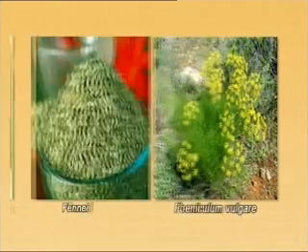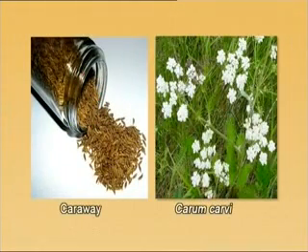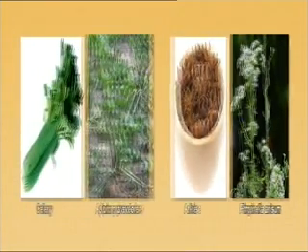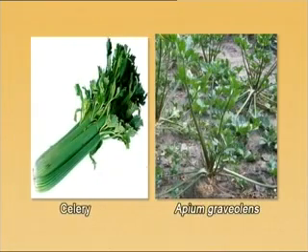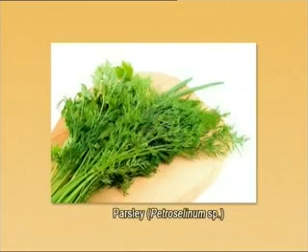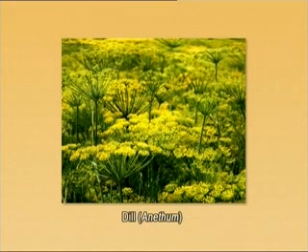I will mention the common names and their scientific names. These spicy plants are like fennel, Foeniculum vulgare, coriander, Coriandrum sativum, caraway, Carum carvi, anise, Pimpinella anisum, celery, Apium graveolens, even our own Kala Zira by the name of Bunium persicum, parsley, Petroselinum, cumin, Cuminum, or the dill, Anethum. These are the various common spices that belong to the family Apiaceae.